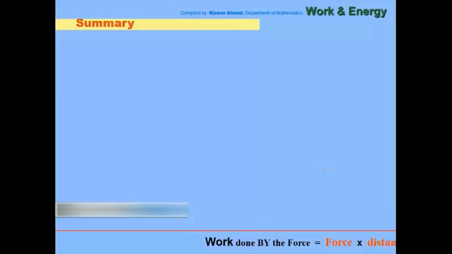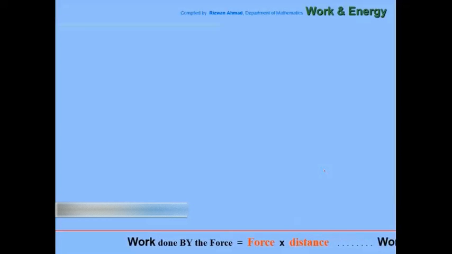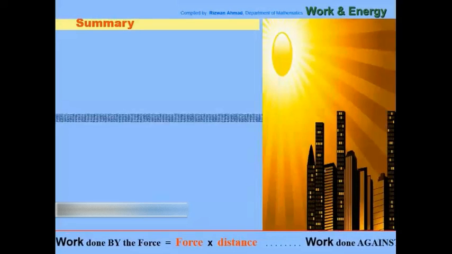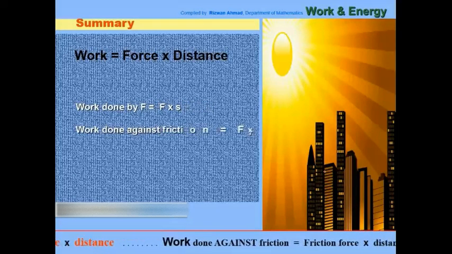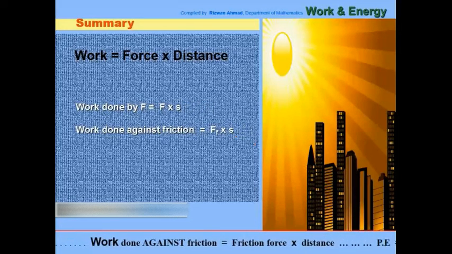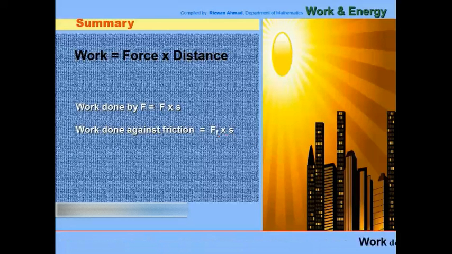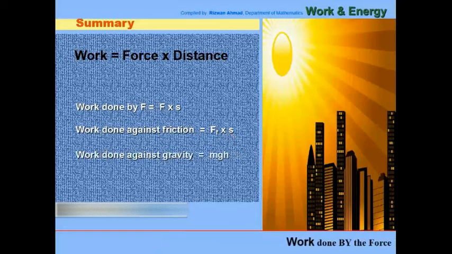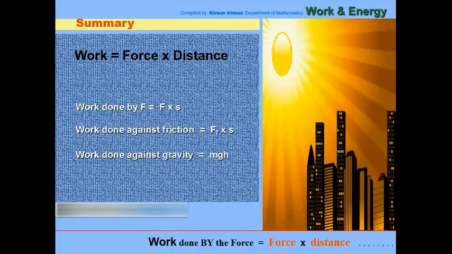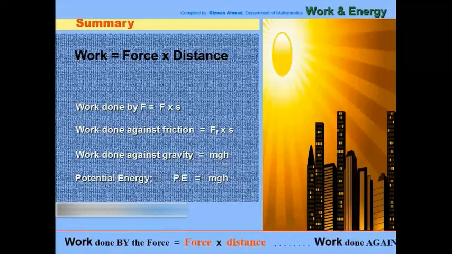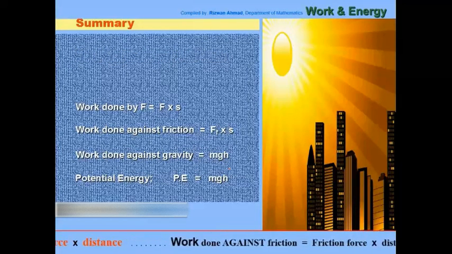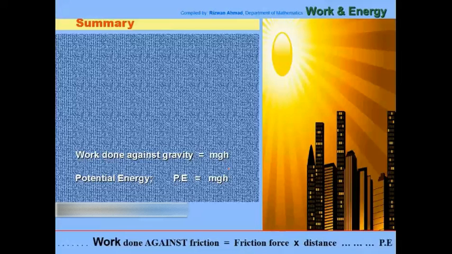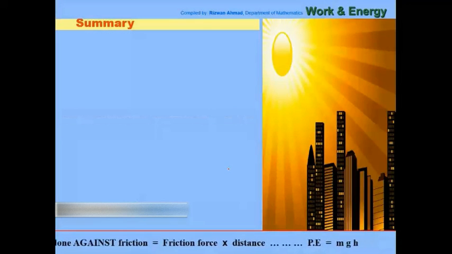Okay, so this summary involves something more that we will do next time. So work done by the force is Fs. Work done against the friction is Ff or Fr times S, friction force times S. That is the work done against. And work done against the gravity is mgh, and the potential energy PE is also mgh. So these things we have done. Okay, now going to the